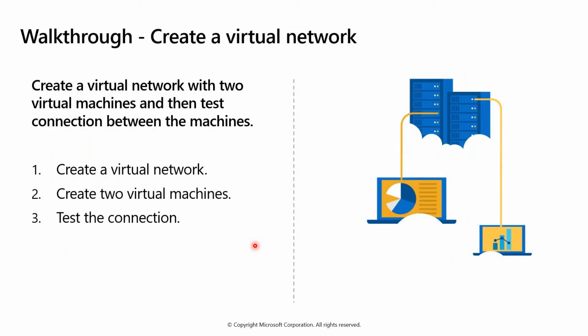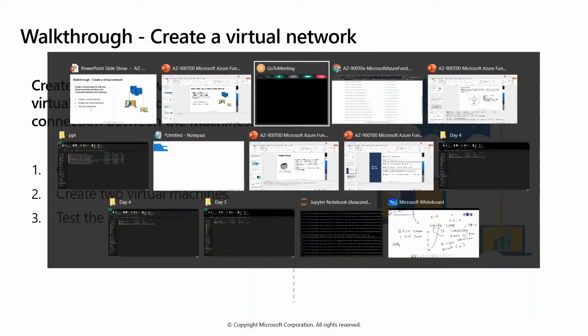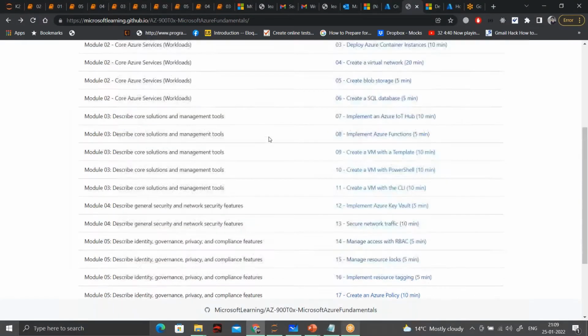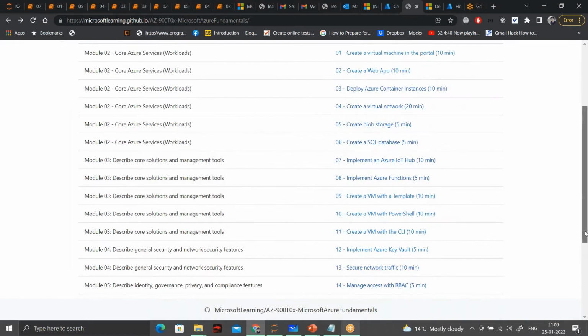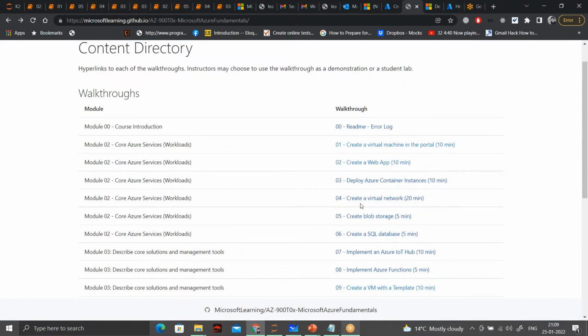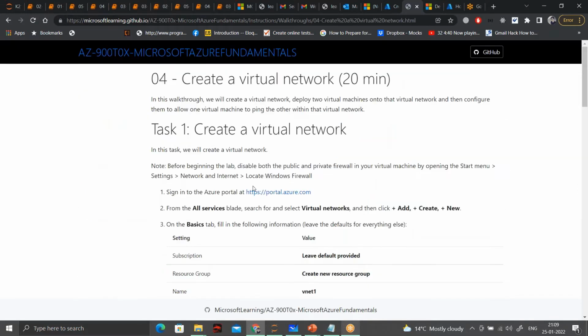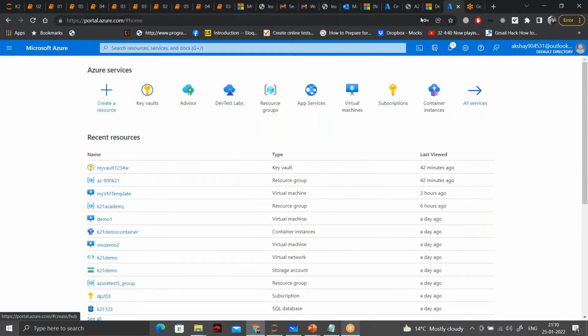Okay, so let us go to the lab for creating a virtual network. This is the lab for this module, to create a virtual network. We have to go into the portal. I've already logged into the portal, so this is the portal.